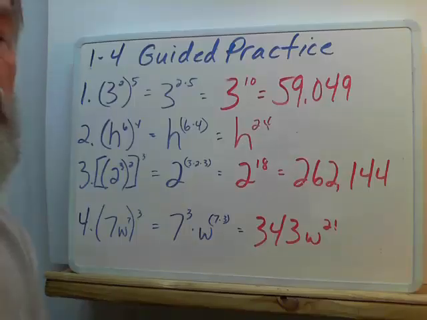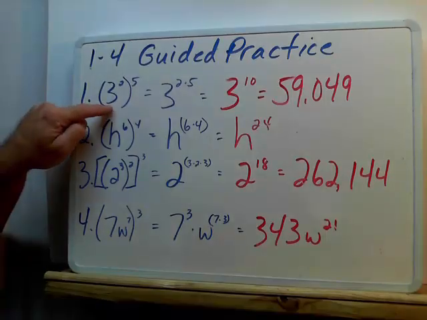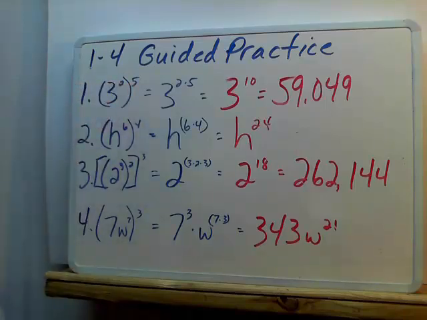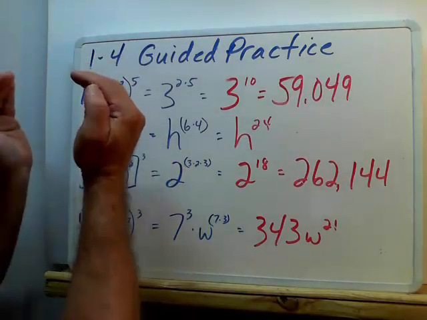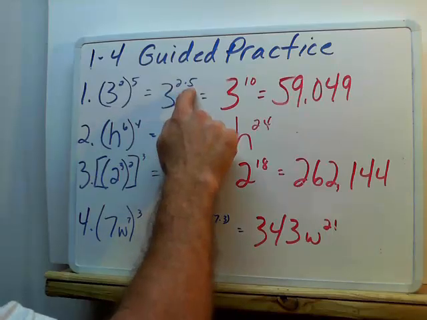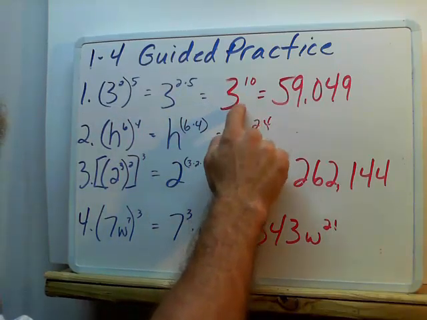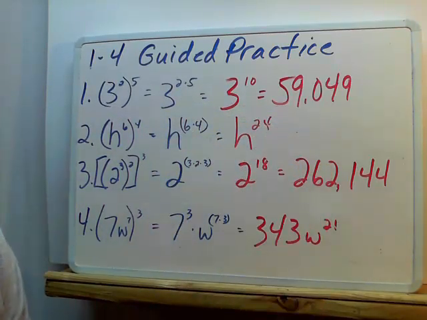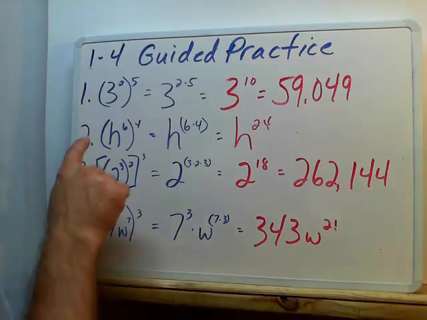Here are your solutions to 1-4 guided practice. Problem number 1, we have 3 squared and then to the 5th power. So if we imagine 3 squared 5 times, that's 3 to the 2 times 5, that's 3 to the 10th. And 3 to the 10th is 59,049. Number 2,